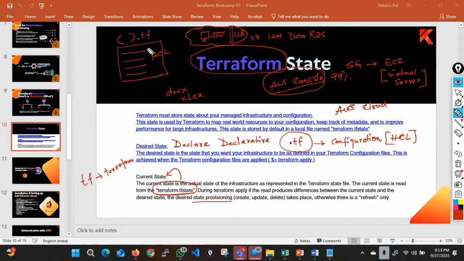Whatever you declare over here is your desired state. That is something you want to be created, that is desired, versus something which is already created, or in the current state, which is called current. There is another file where the history or the statistics of what is currently available in the infrastructure is stored. What is the file name called? This is a backend file. It is called terraform